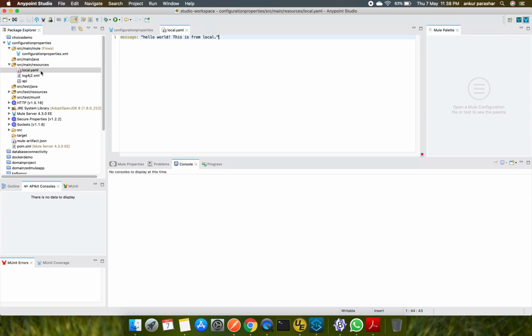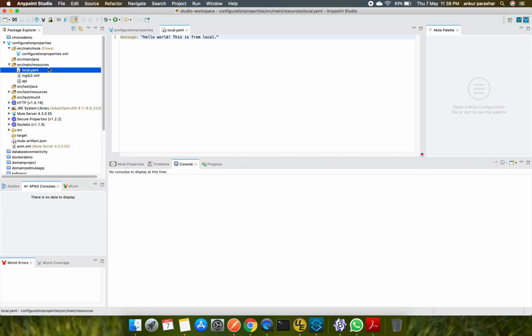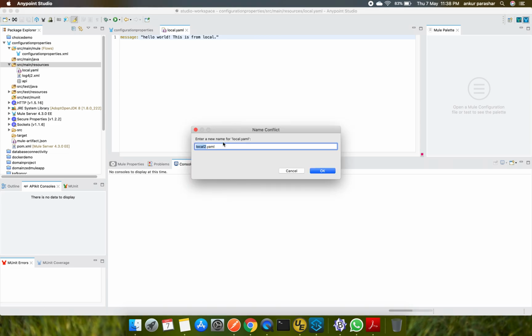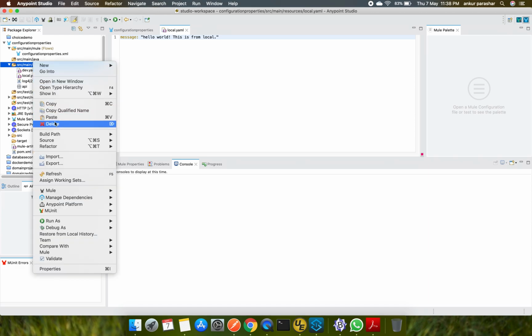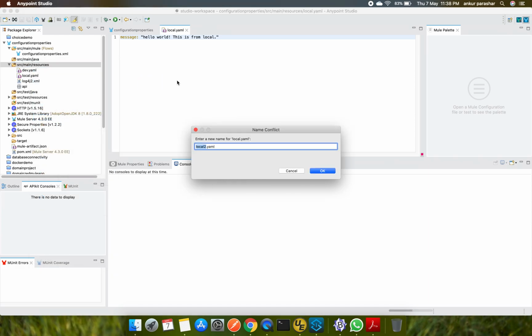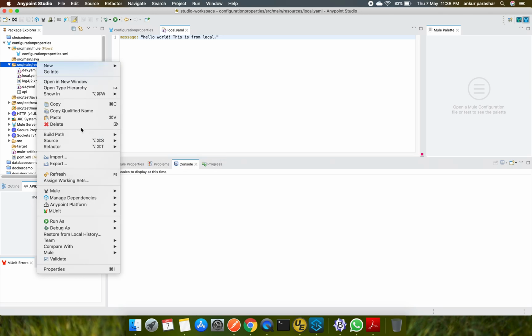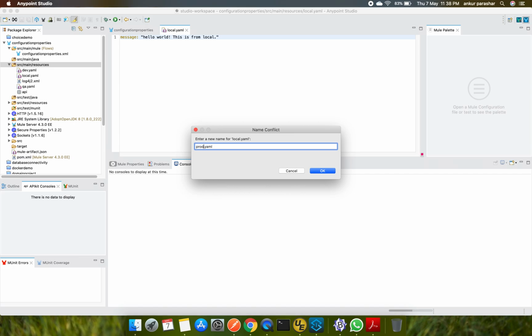Similarly, I will make multiple copies of this particular file. So copy and paste. I will rename local to maybe dev.yaml, maybe qa.yaml, and would also like to add one for prod. So prod.yaml,